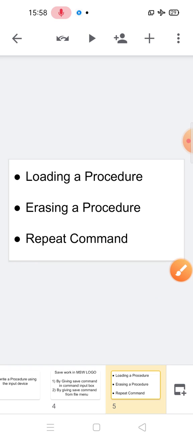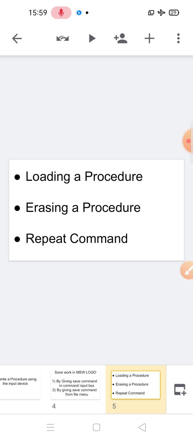Next is the REPEAT command. This primitive is used to run the instruction list repeatedly. While using the repeat command, we write the primitives in one line instead of writing them in a number of lines for drawing the figure in Logo. First of all, you have to type REPEAT, then the number of times to repeat the instruction list, and then the Logo primitives which are to be repeated.